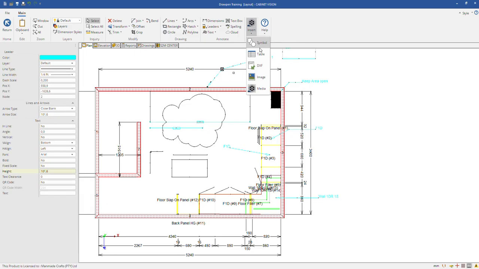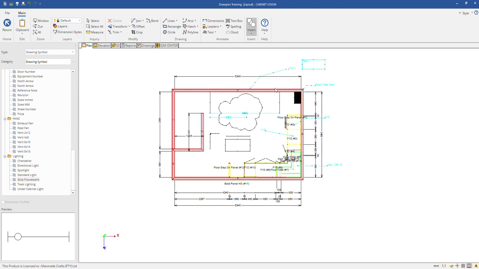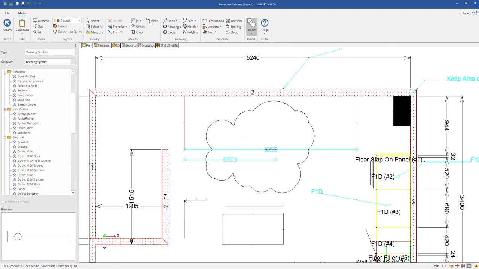So insert, if I press on symbol, it gives me a catalog of symbols that I can add. Arrows, markers, reference, join details. Oh, I see. Right. So if I want to say here, there needs to come